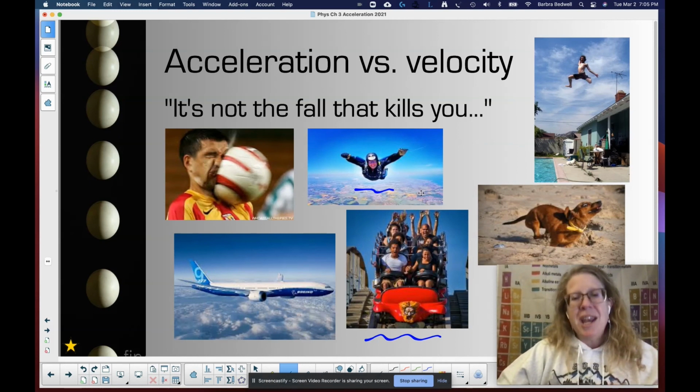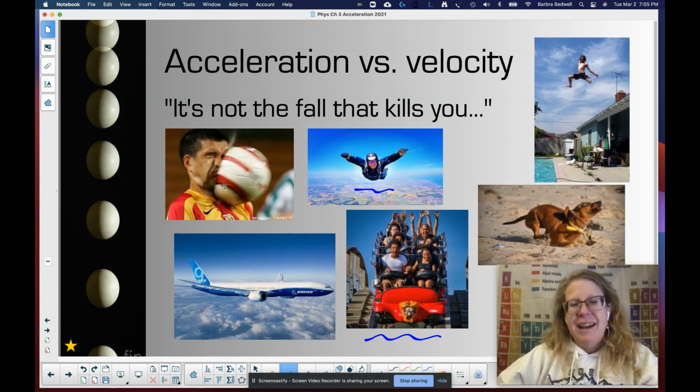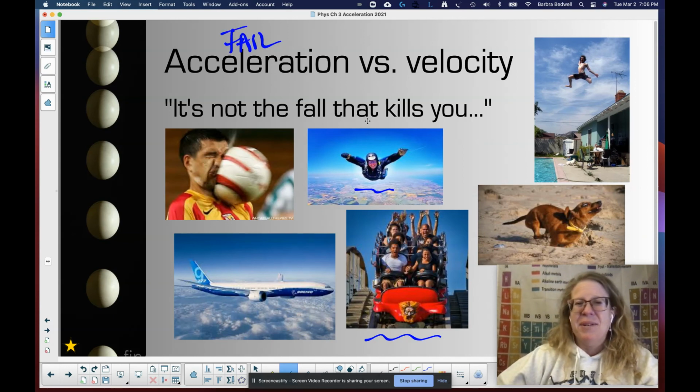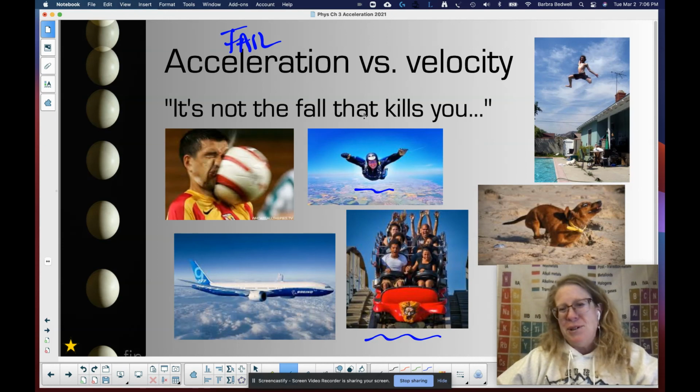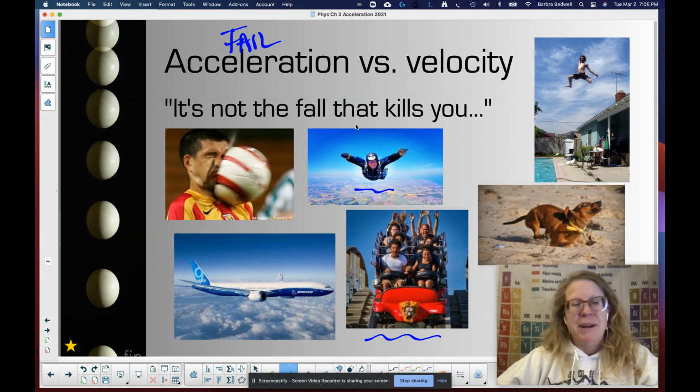But it's the change in motion that gets you, like this poor guy here getting hit in the face with the soccer ball. Man, that soccer ball is decelerating rapidly on his face. Same thing, my little wiener dog friend here didn't expect that change in acceleration due to the sand. And then my jokingly one friend up here, fail videos. Fail videos are all about this, right? This is exactly what fail videos are built on, is humorous changes in acceleration or incorrect expectations of what your